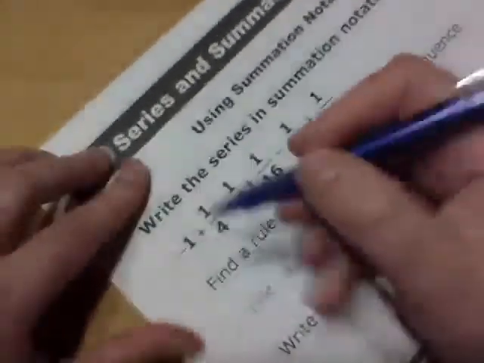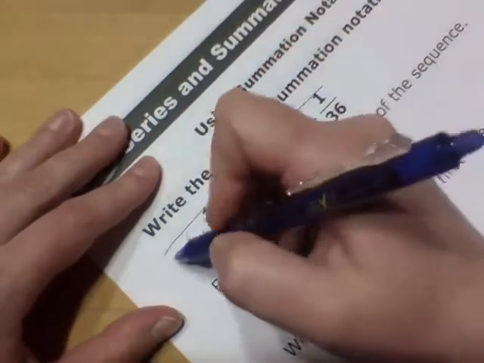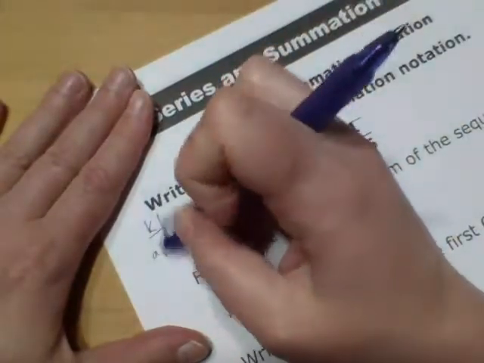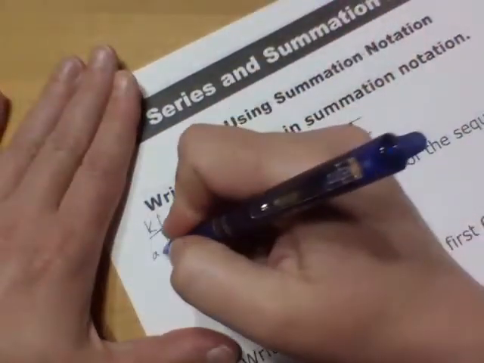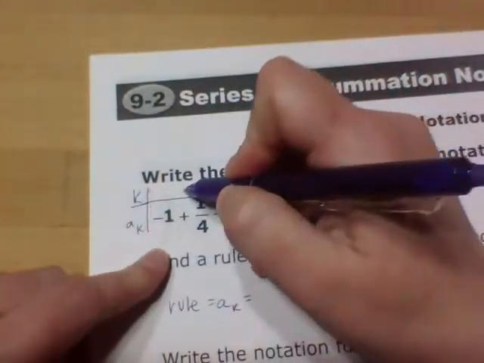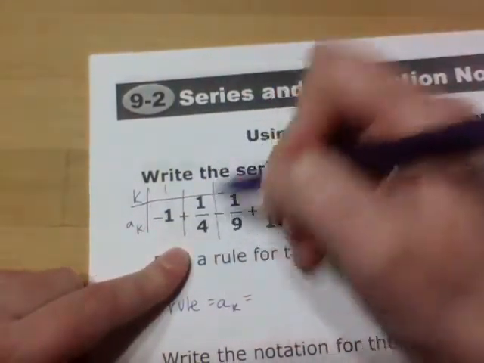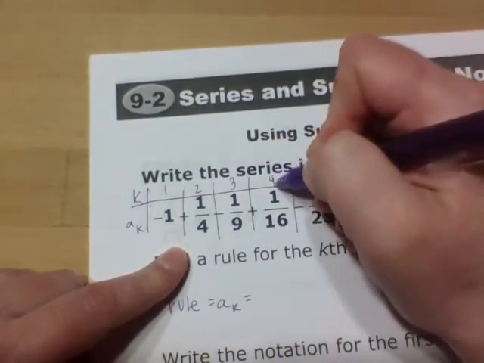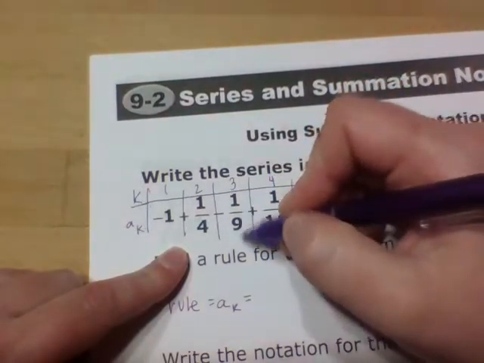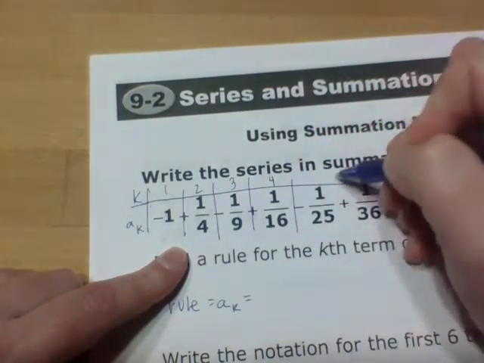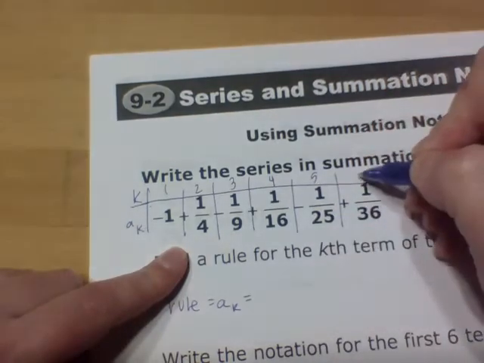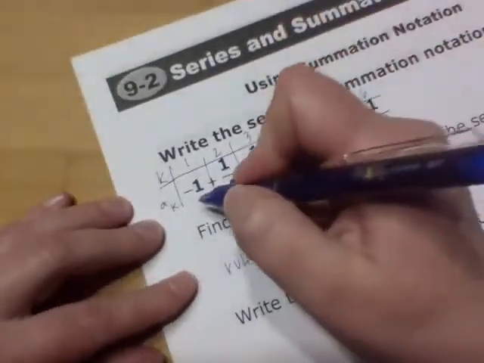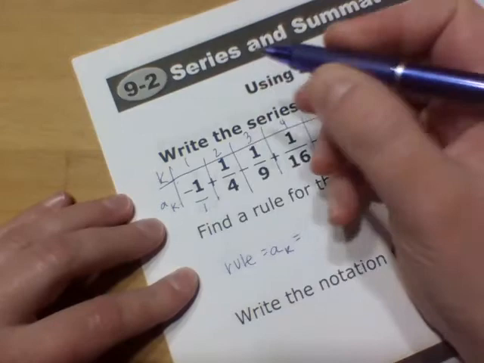And so we need to say that, that's not an R, that's a K. Okay. So our first term is going to get us a 1. Our second term gets us 1/4. Third term is 1/9. Fourth term is 1/16, 1/25, and 1/36. So hopefully you can realize, especially if we take the time to rewrite this as 1/1,